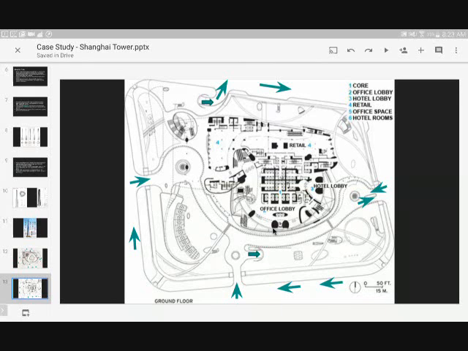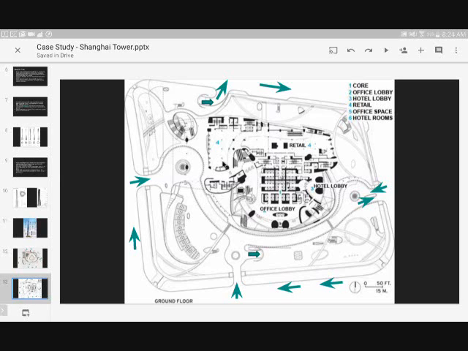These big parts, these are the super columns that we are talking about. We have 2, 4, 6, 8 at north, east, south, west directions, and we have 4 columns at 45 degrees that carry the load. It is very clear. You see the columns, the tower, the thick walls that are carrying the building,